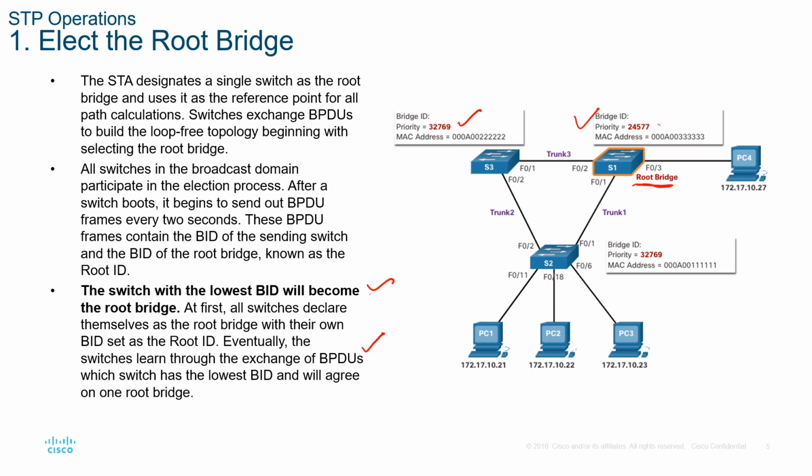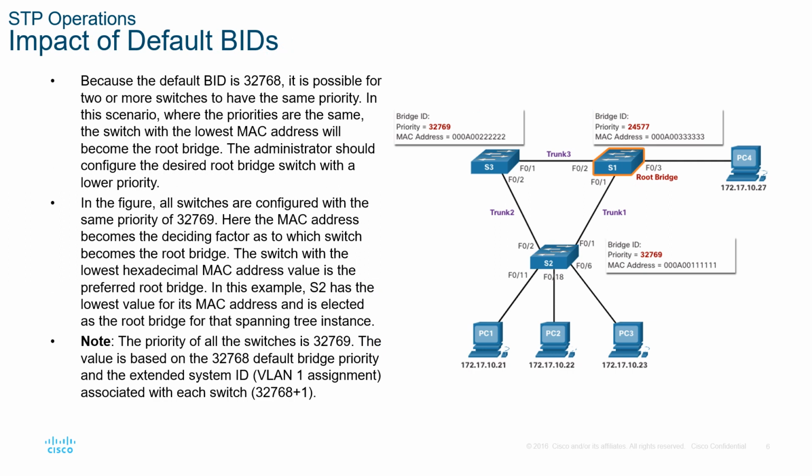The second step, now let us look at the impact of the default BID first. Because the default BID is 32768, as I have explained before, if you have the same default BID for all, they will look for the second criteria, which is the lowest MAC address, to elect the root bridge. So now in the figure you can see that all switches